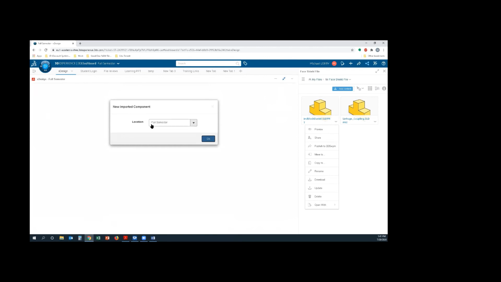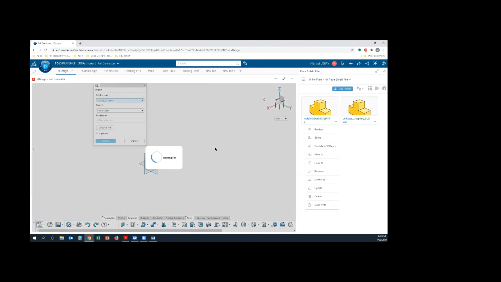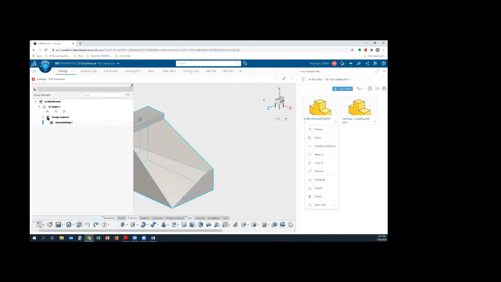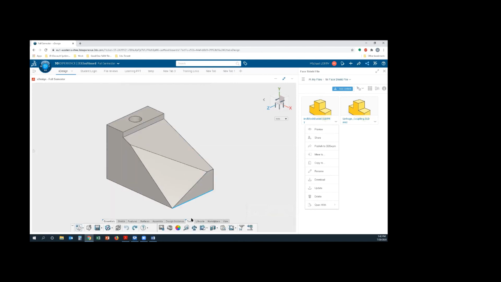It's asking me once again, where are you going to save that work to? I'm just going to choose that fall semester. It's doing this import functionality. I hit import, and there is the SolidWorks part file. And just to let you know, what's great about it is it doesn't give you the full history of how it was done. It comes in as an imported body,